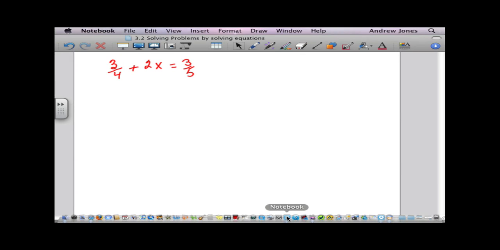Here's one more question for us to try. In this case, we see 3/4 plus 2x equals 3 over 5. The denominators are 4 and 5, and certainly a common denominator there would be 20. So if we decided to multiply each side, let's do that, by 20,